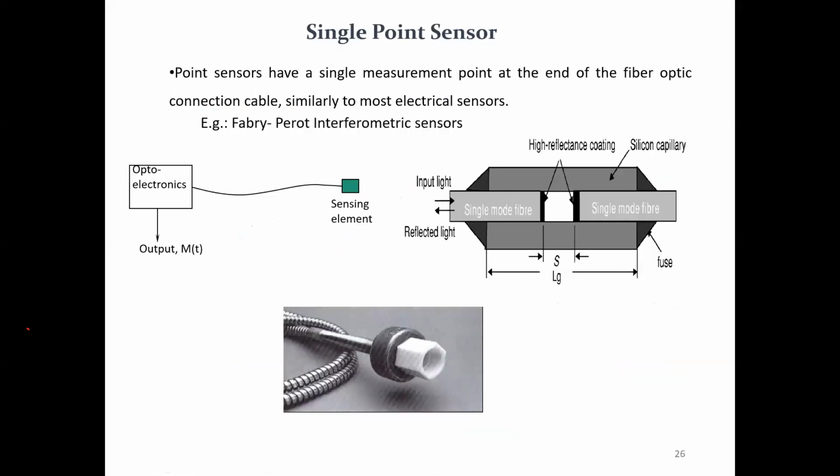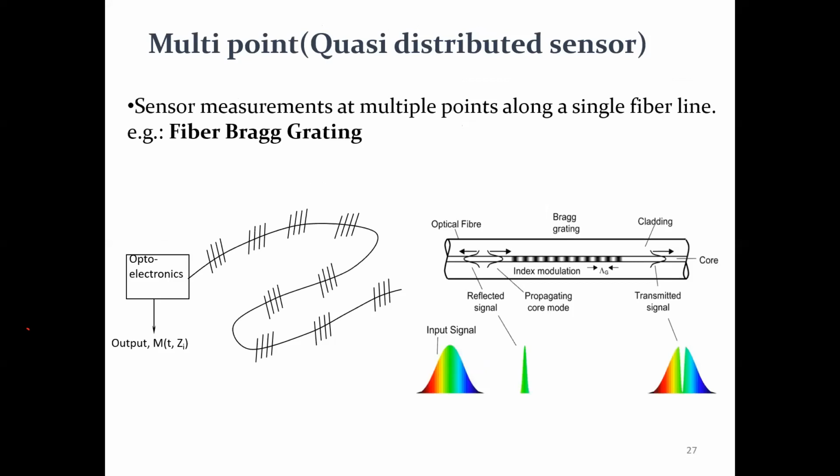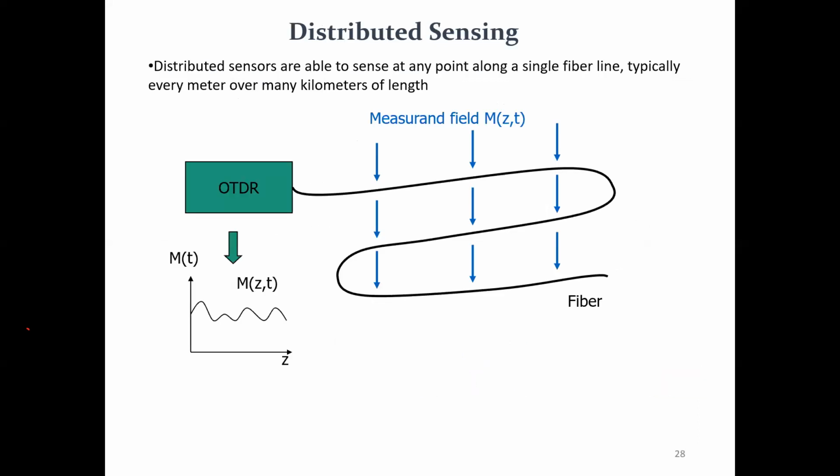Right. So single point sensors, we have discussed, have only a single point of sensing. For multi-point, we make fiber Bragg gratings at multiple points and then we can sense at multiple points. And distributed sensing, fully distributed sensing: whatever optical fiber we are using for communication applications, we have a lot of that in India and the world now. So the same optical fiber can be used as a distributed sensing element. In this, each point will become a sensor.